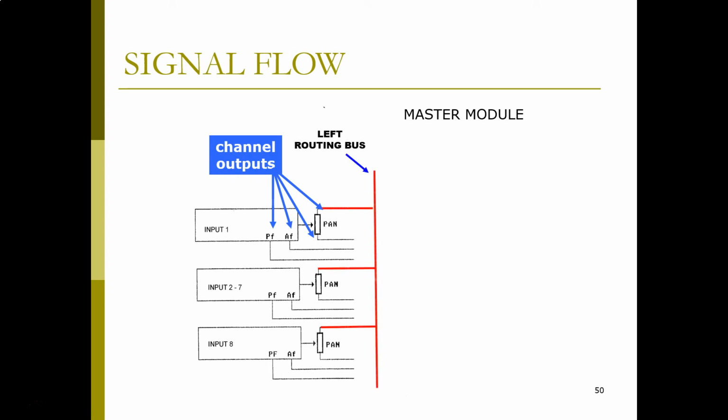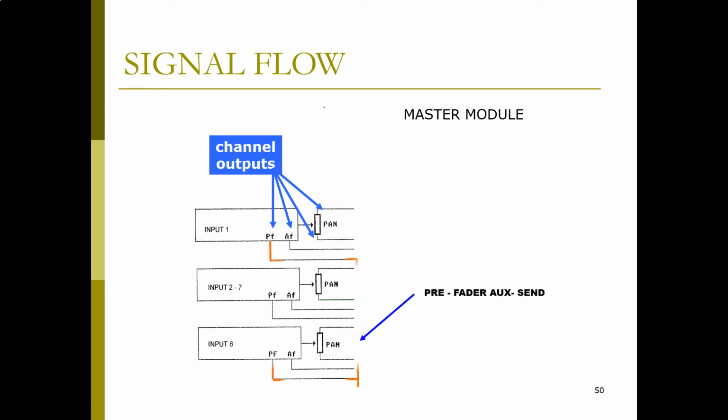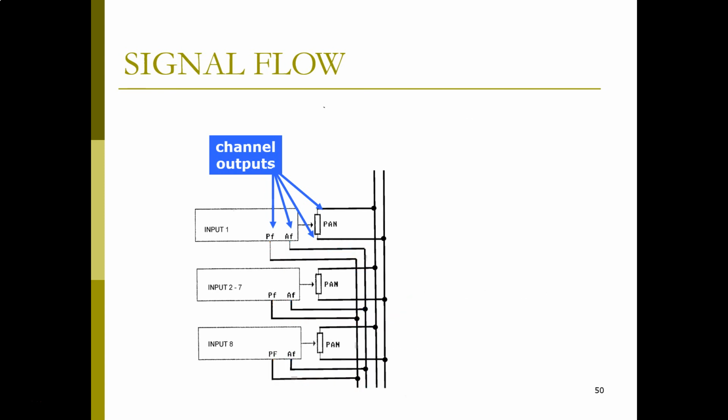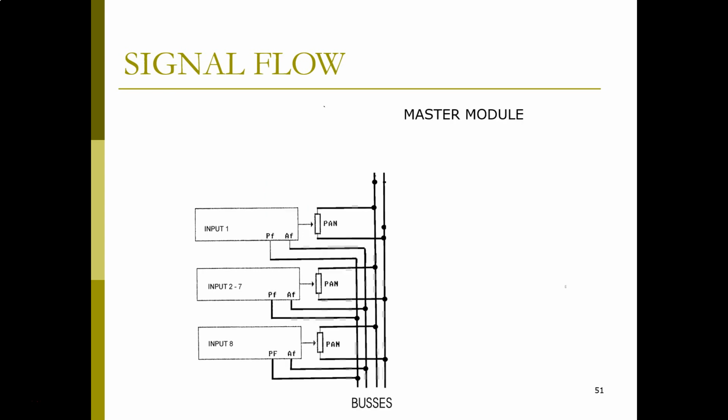So all of the left outputs are connected together. All of the right outputs are connected together. All of the pre-fader aux sends are connected together. And all of the after fader effect sends are connected together. And when we look at the whole diagram together, those are considered the buses. We have the left, the right, the pre-fader, and the after fader. And the left output is connected to another